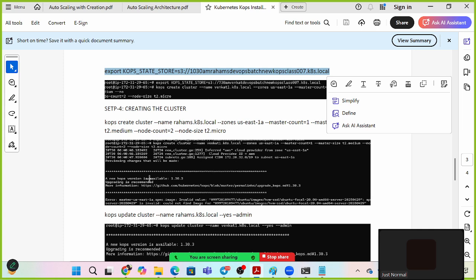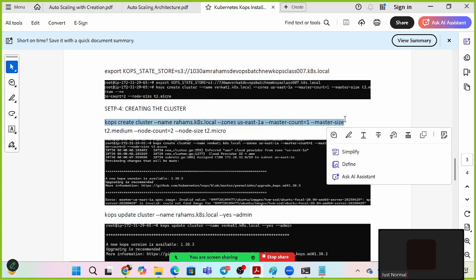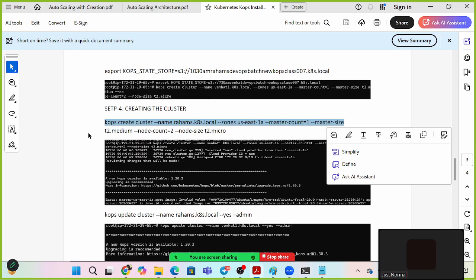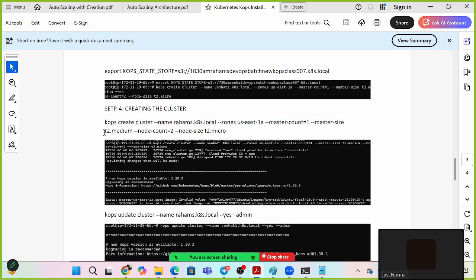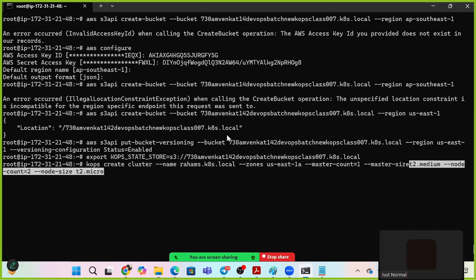Exporting kOps to our bucket. Next, we are creating the kOps cluster in T2 medium and node count 2 and T2 micro. One state is we are giving here T2 medium and